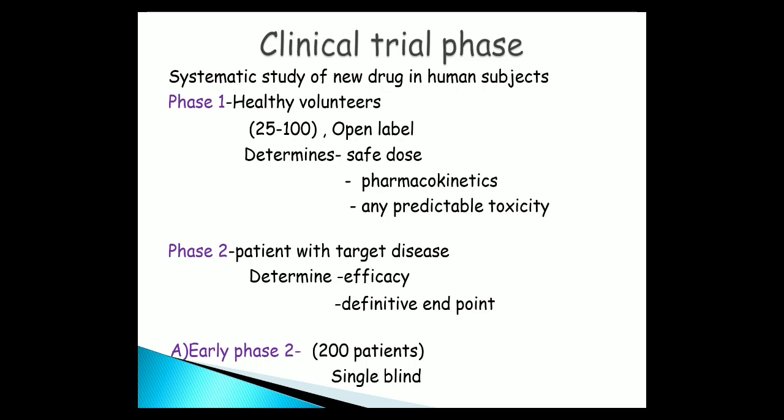The first phase includes 25 to 100 healthy individuals, and is open label; it determines the first safe dose of that particular drug. Pharmacokinetics, what does it mean? It is sometimes described as what the body does to a drug: how our body reacts with the drug. It refers to the movement of the drug into, through and out of the body, the time course of its absorption, bioavailability into the bloodstream, its distribution throughout your body parts, metabolism